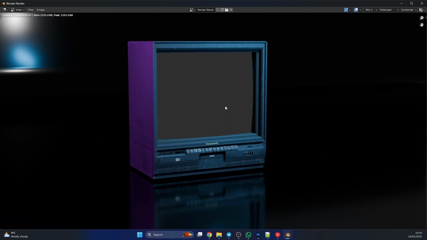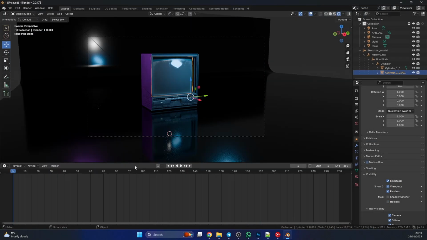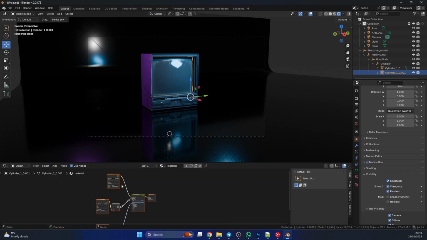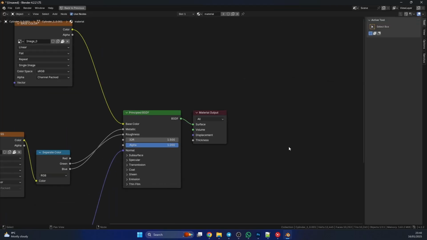But there's a couple of other ways now. So let me show you. Let me take holdout off. Another method, should I say, is if we go into the shader editor, let me just bring this up nice and big for you. We can drop down a holdout shader, and if I put this into the surface,